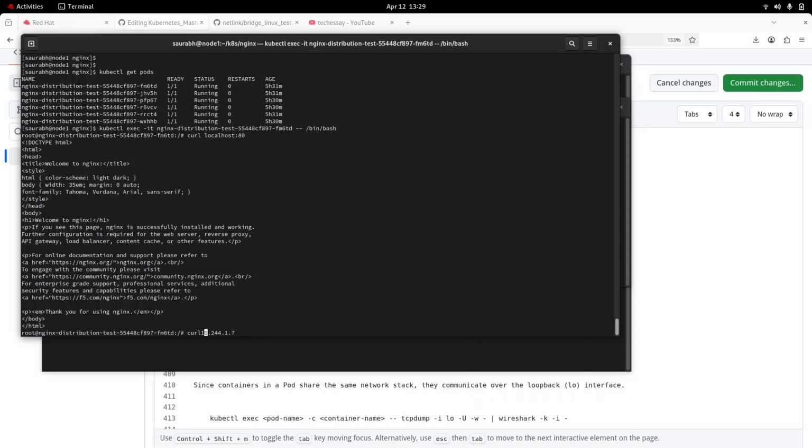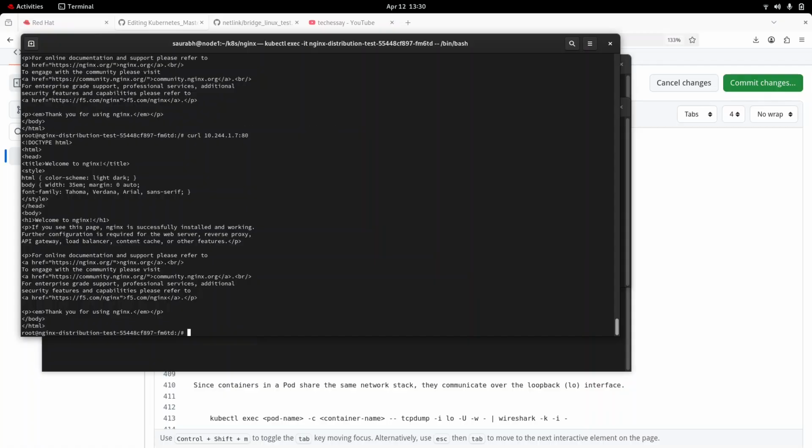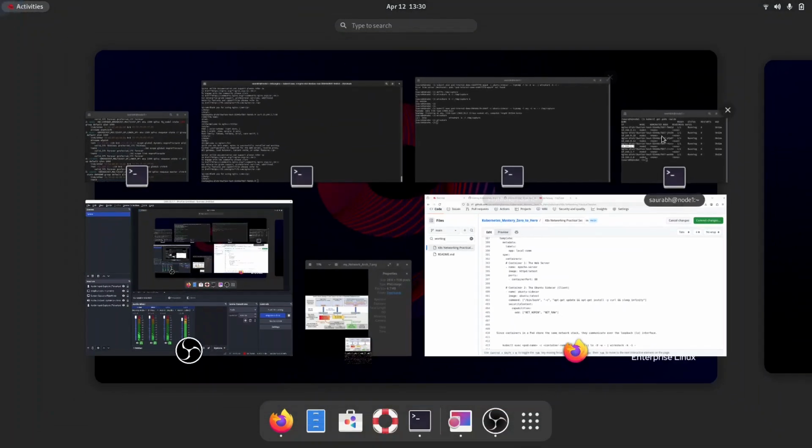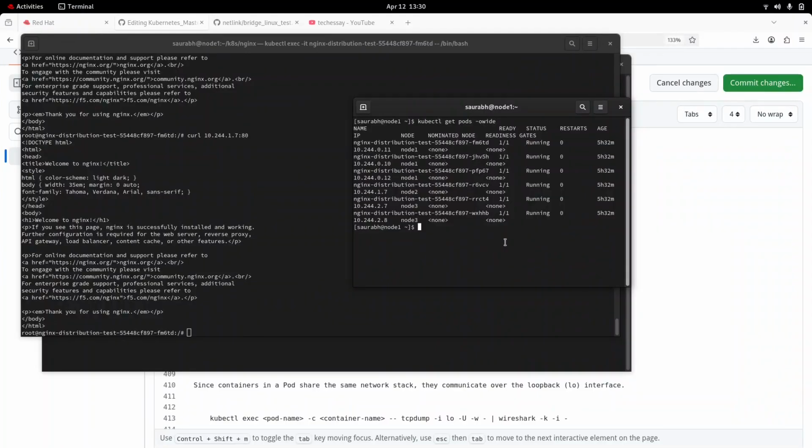So this is the IP address that we will curl from here. Okay, so this is also working. So how is this traffic flowing? If I have to capture it, then we have to log in on node 2 or the node 2 container here. From here I will just